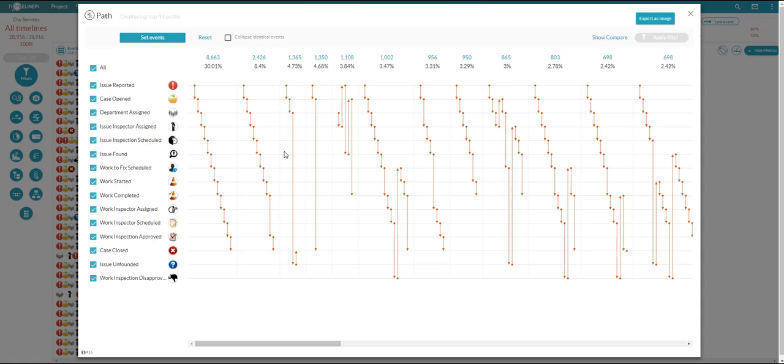And that leads us into our path analysis tool. Lean, Six Sigma, and process owners would really like this type of view of the data. The tool is showing you exactly how the process was completed, with the most followed paths here to the left. This clearly exposes when steps have been skipped over, done repeatedly, or totally out of order, with the most common